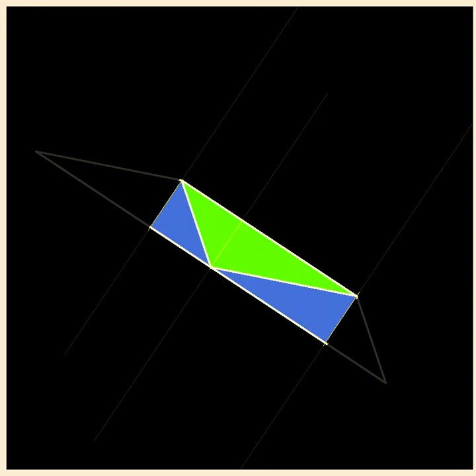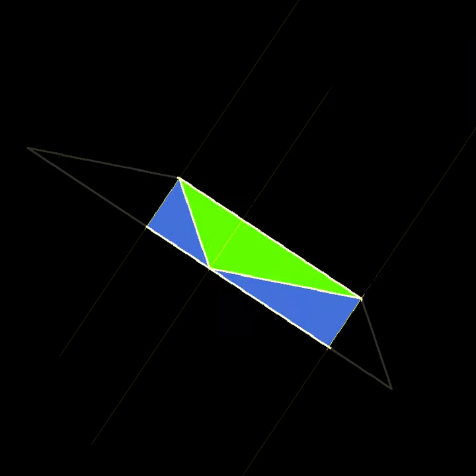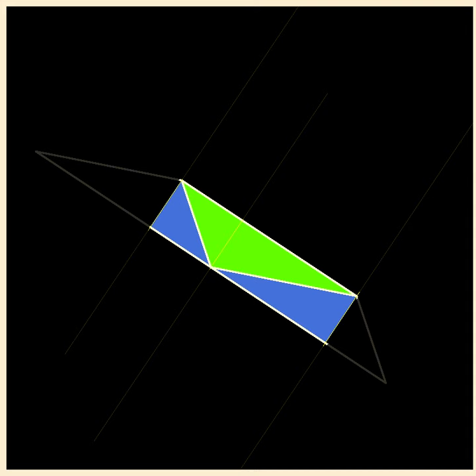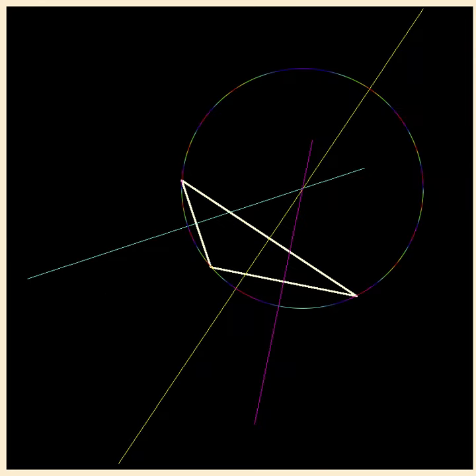Colour it in to make it a little more obvious. Green triangle and two-part blue triangle have the same area. Therefore, the green triangle is half the area of the rectangle. If we know that the area of the triangle is half the area of the rectangle, when we go back to this circumcircle, where